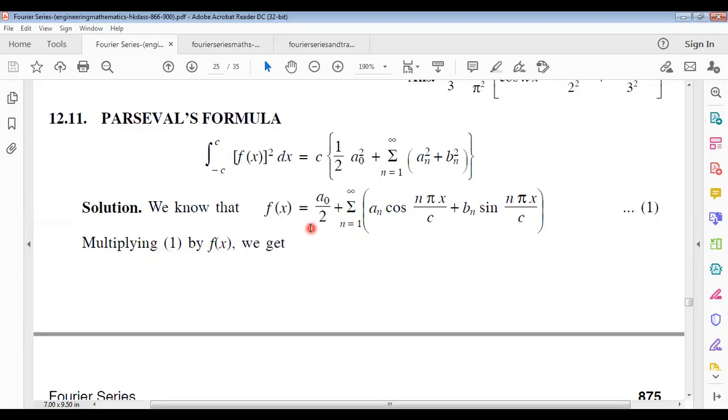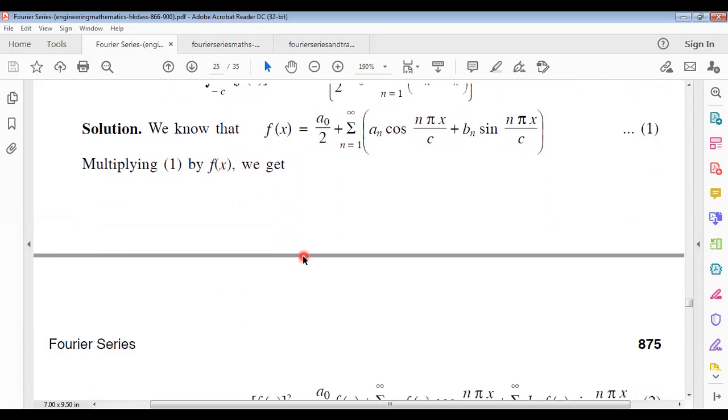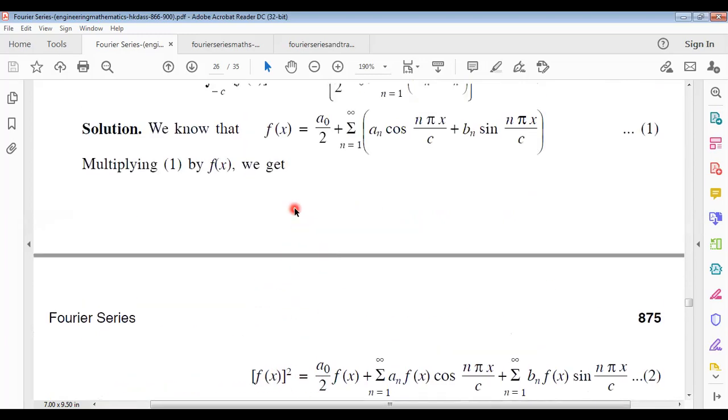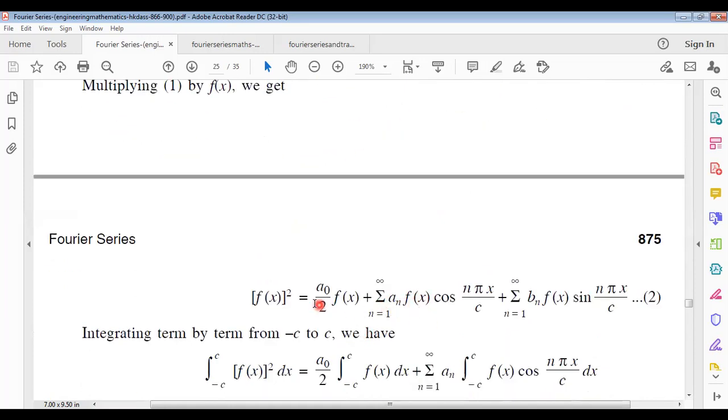Now, if we multiply equation 1 by f of x, this Fourier expansion, we are multiplying by the function f of x on both sides. Then we obtain f of x whole square equals f of x multiplied by this plus the summation of this multiplied by f of x. So f of x whole square equals a naught by 2 f of x plus the summation n equals 1 to